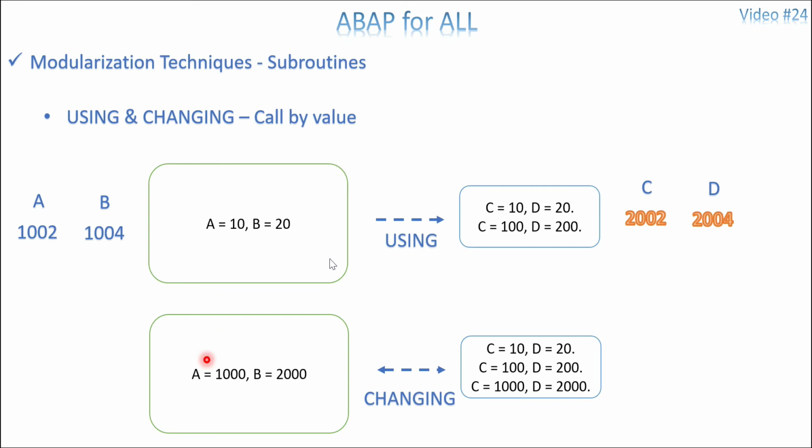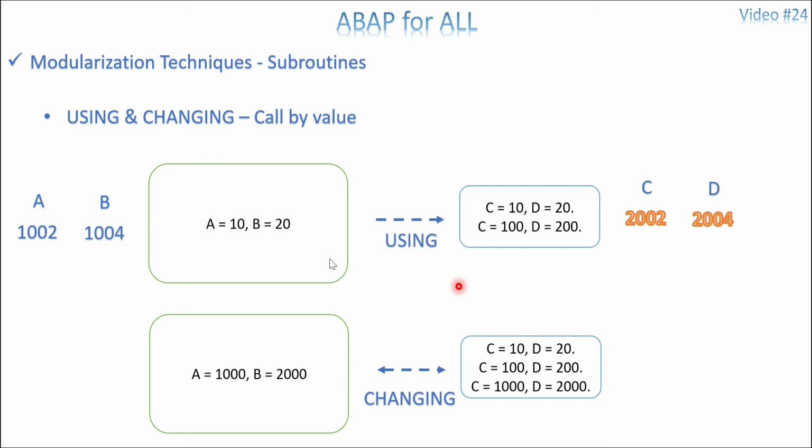That is the difference between using and changing in call by value. So you have to wait till the subroutine ends, the system has to wait. So no confusion whether I go with using or changing. Very simple. If the actual parameter value is to be used only in the subroutine,